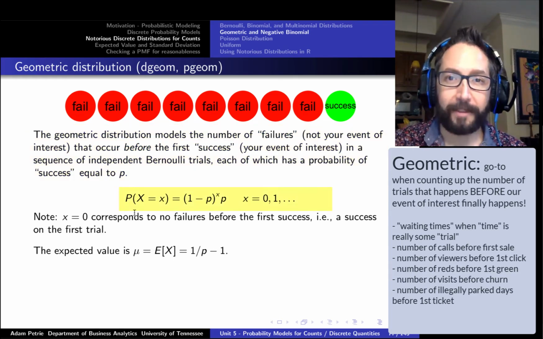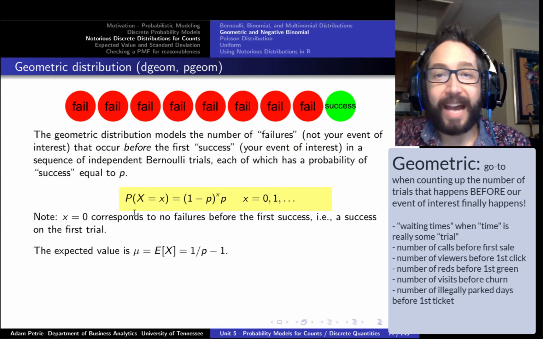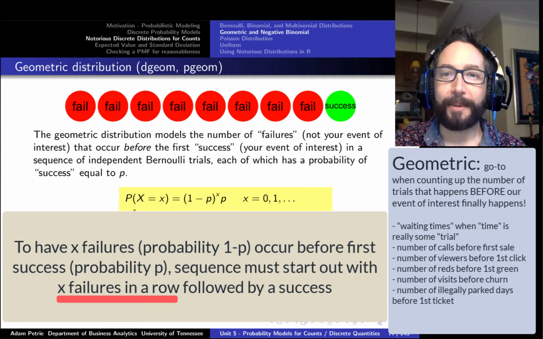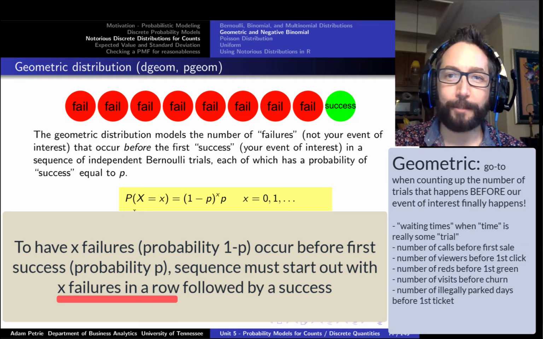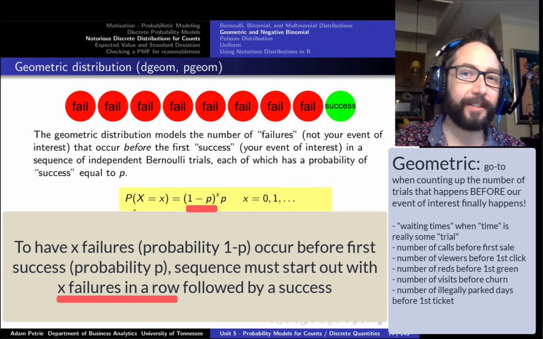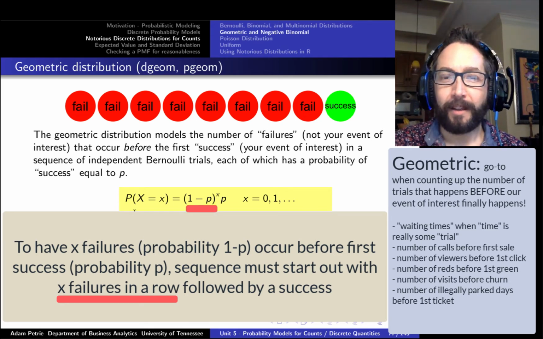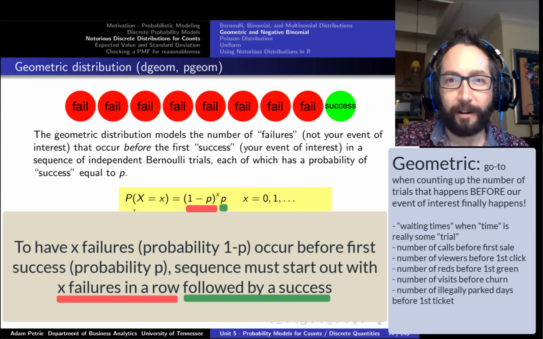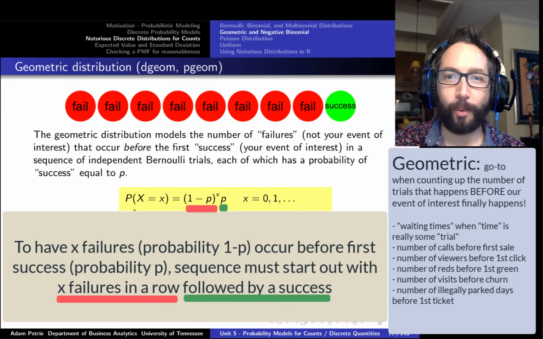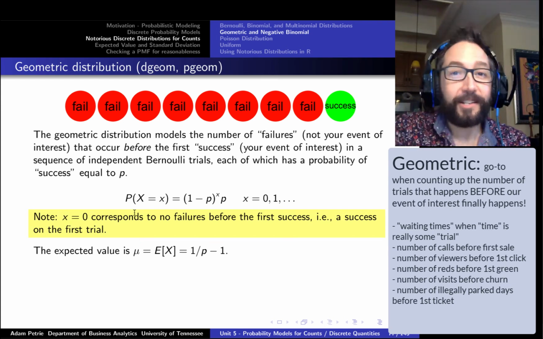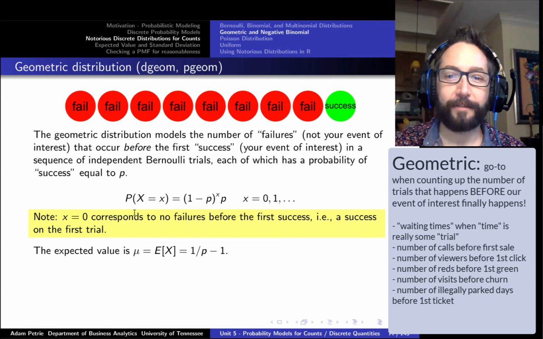So we have a formula that gives us the PMF, and it's easy to derive. We can actually just do it in our head. For that very first success to happen after x failures all in a row, the probability of a failure is 1 minus p if all the trials are independent. 1 minus p multiplied by itself x times will give us that sequence of x failures all in a row, then followed by a single success at the end with probability p, multiplied together. We get our expression out. The possible values of x are 0, 1, 2, 3, 4, 5, technically going up to infinity. A value of x equal to 0 means success on the very first trial, 0 failures before that first success.